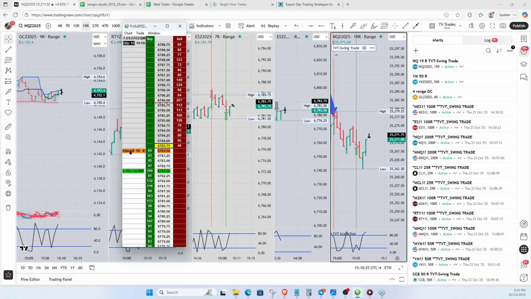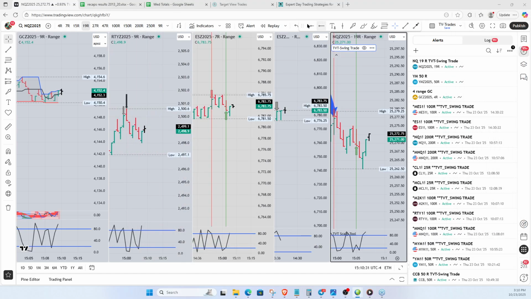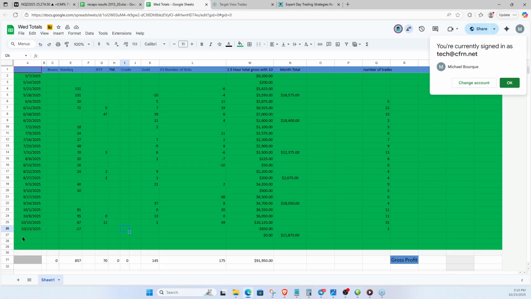There's 2. We're going to lock in 4 on this. Okay, and we're out with 4 ticks. Now it'll probably still make it up there, but I'm out with 4 ticks because we were a little behind over here a minute ago. So this is the ES. We have 4 on that, and now we have 3 trades.